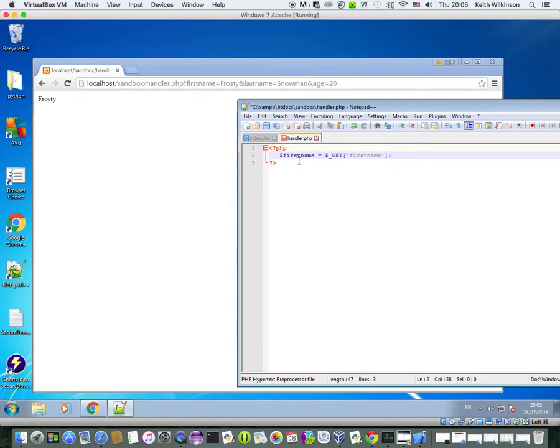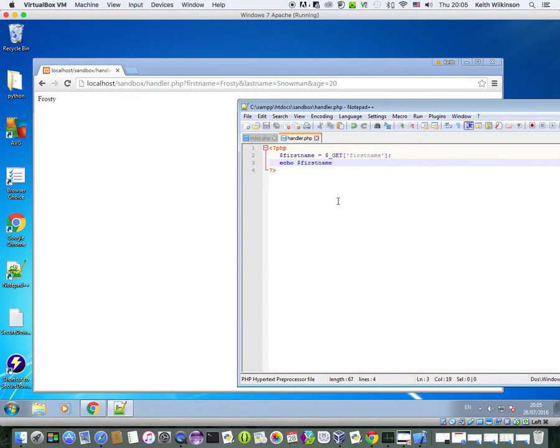We know what that looks like in Python. It would just be first name equals raw input, enter your name. Now, if I've got the variable, I might want to print that. That is straightforward as well. I can just use the statement I used before, echo, and this time I just use the variable name first name. If I save that again,